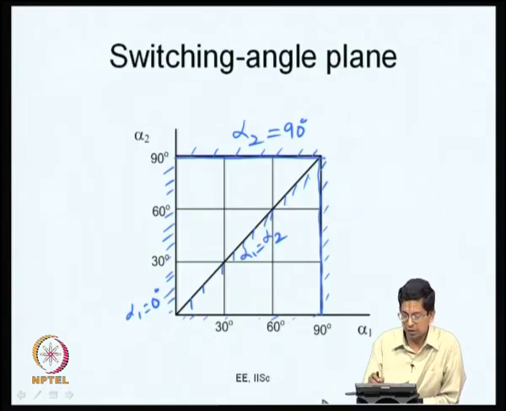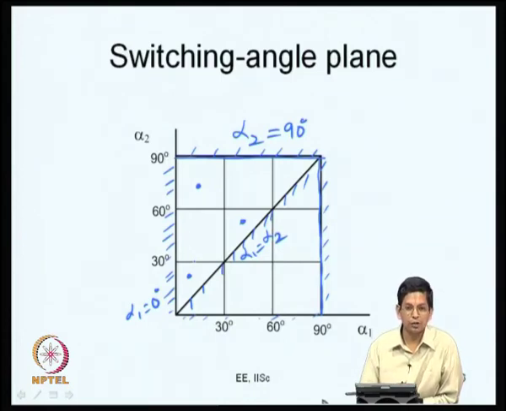All that you have is these are your PWM waveforms. What we are trying to see here is a point. Any point here is a PWM waveform of the kind we just saw with 2 switching angles per quarter. So, we would like to look at this waveform, and this kind of a plane can make this very clear. Okay. So, we will deal with more of this in the coming lectures. We will use this switching angle plane to discuss fundamental and how the harmonic voltages vary, etc. Then move on to selective harmonic elimination.